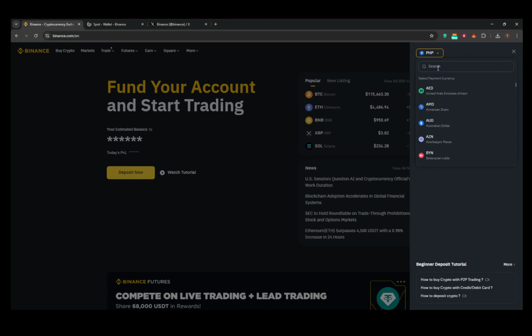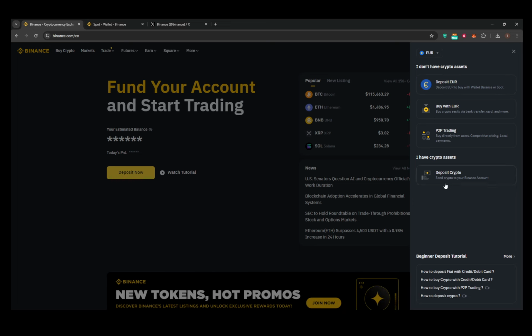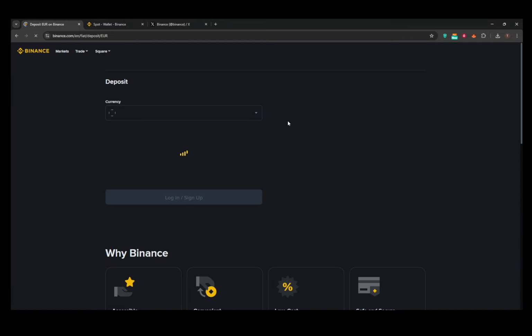Then, you'll move on to selecting your preferred deposit method. Depending on your location, you'll have a few different options to choose from. You can use a SEPA bank transfer or a SEPA instant bank transfer, either of which might have slight variations in availability and processing time. Another common method is through a credit or debit card. If applicable, some users might find options like Apple Pay or Google Pay available for card deposits, making the process even more fluid.